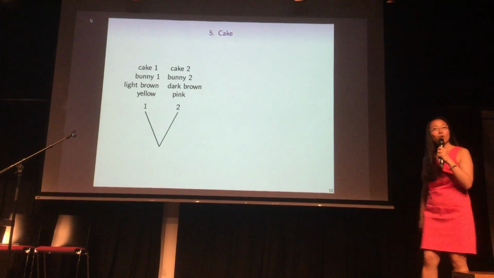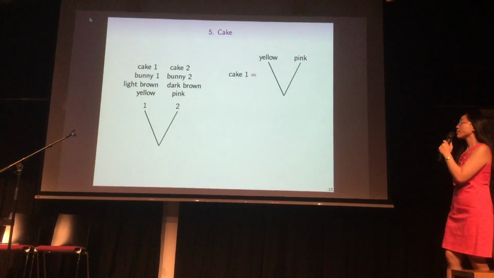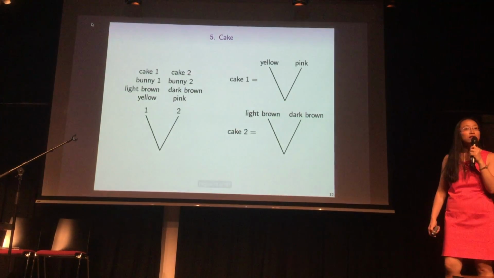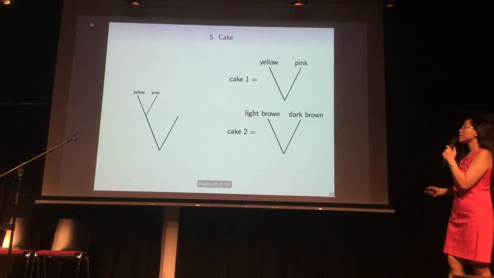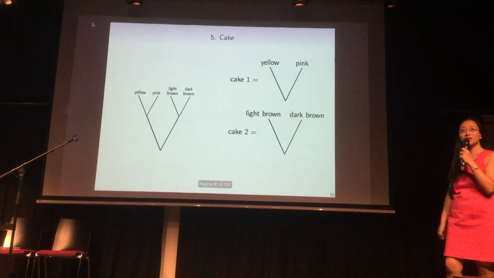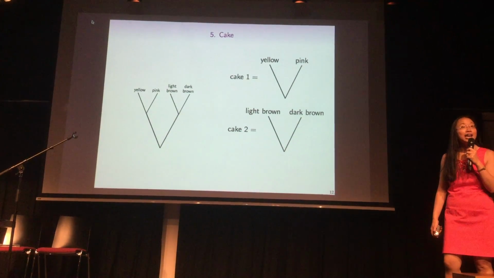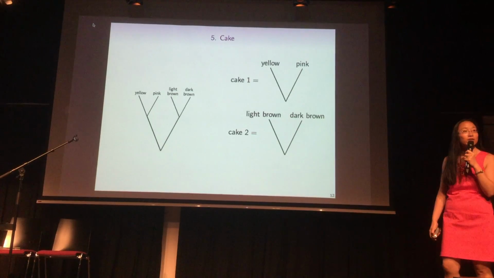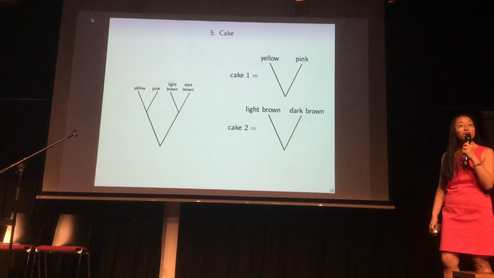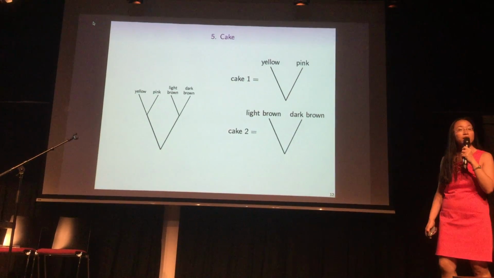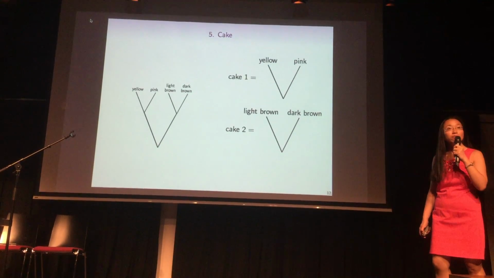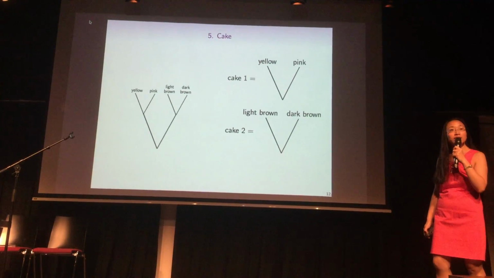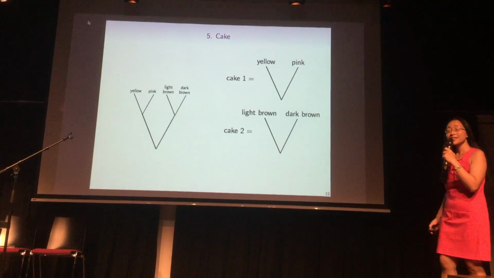But what is cake 1? Cake 1 is already one of these. And cake 2 is already one of those, so why don't I put those over there where it says 1, and put cake 2 over there in the second position. And this gives me an extremely abstract representation of an iterated Battenberg cake, where I've basically removed all the information apart from what I'm putting in. And so this is now a tree. It's what mathematicians study, and they call them trees. And trees come from sticking things together, because